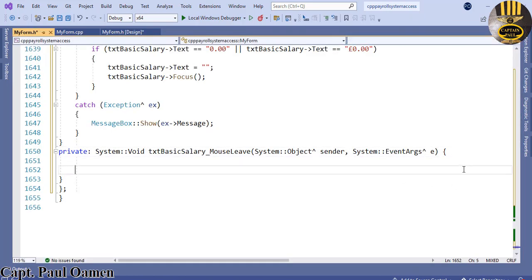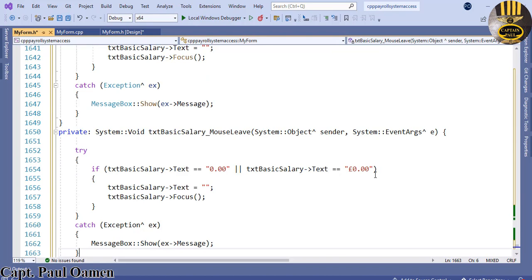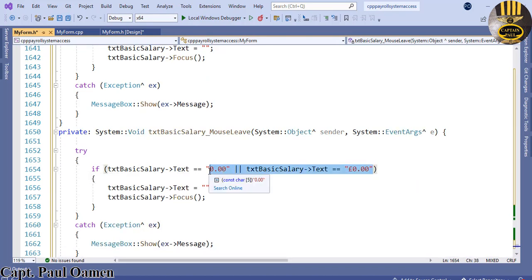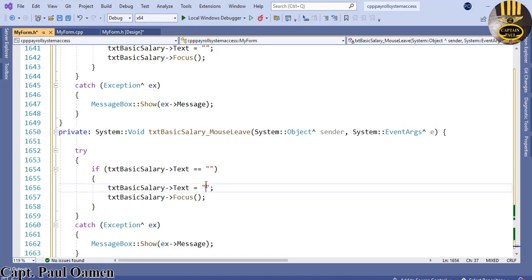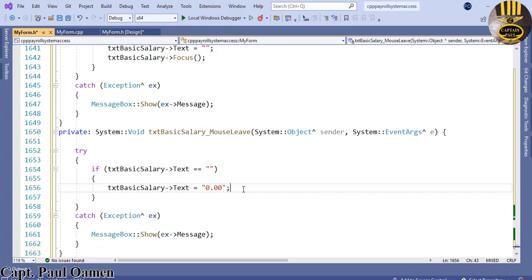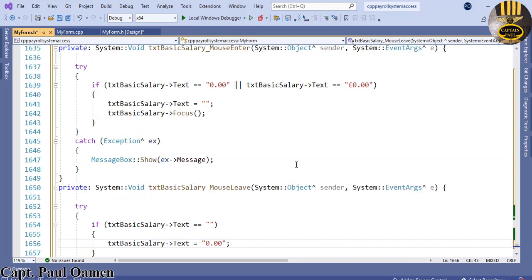Paste the function in there. Get rid of all of this. And there we go. If it's empty, while the mouse leaves, we want this in there. Get rid of that. And that takes care of mouse leaves. Now we need to take care of,